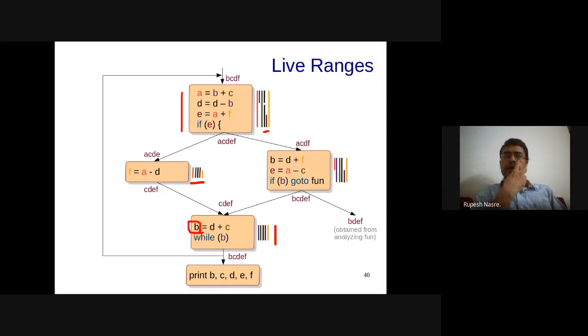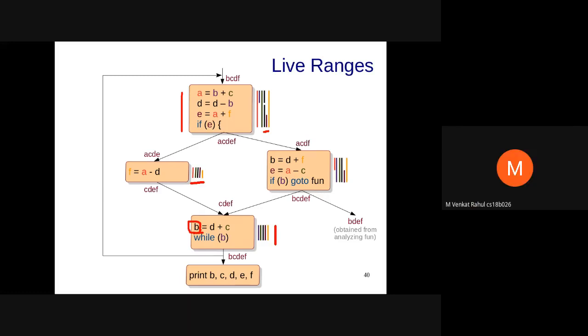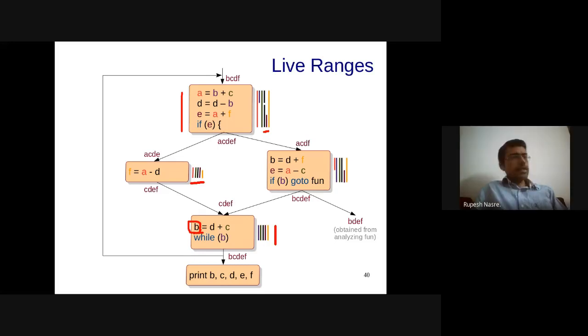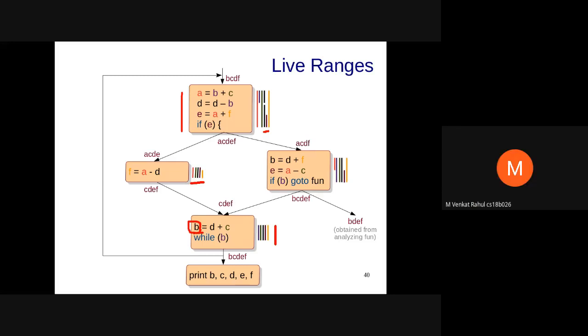Yeah, so I think that's a good point. If you have it in the instance specific form, then you are going to improve the precision of the analysis, and that is going to give you a better register allocation. It's just that the number of instances might increase, which might be okay with your analysis. Yeah, that's a good point, Venkat. Thanks. So SSA would be better in that aspect, right? Yes, SSA will give you better information. That makes sense. Thank you, sir. Correct.